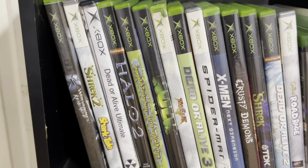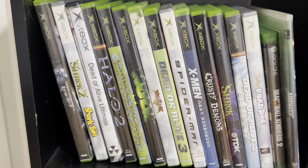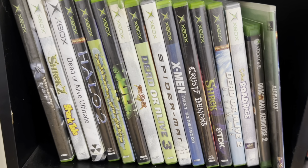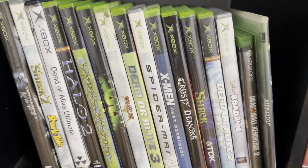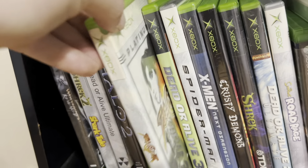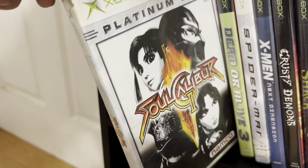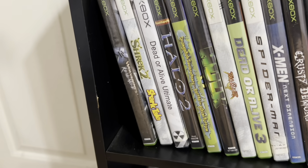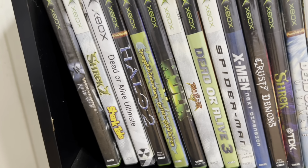I got Wolverine's Revenge, Shrek, Shark Tale, Dead or Alive, which were some of my favorite fighting games. Soul Calibur, which is another one of my favorite fighting games. That one also has Spawn in it, I believe so. Yeah, this one does have Spawn in it. So yeah, this was obviously my favorite Soul Calibur that came out. I do have the